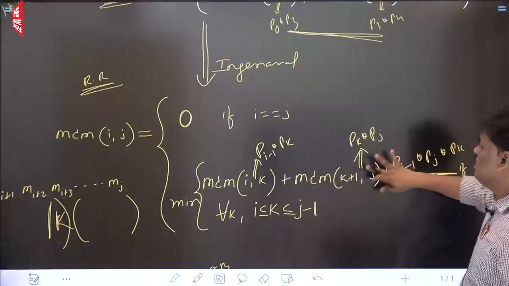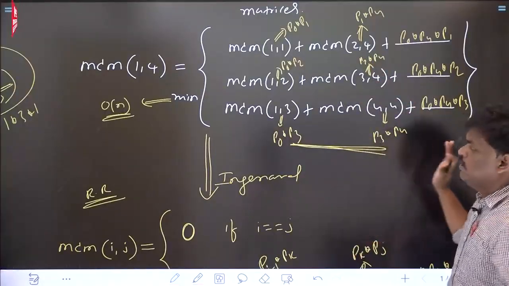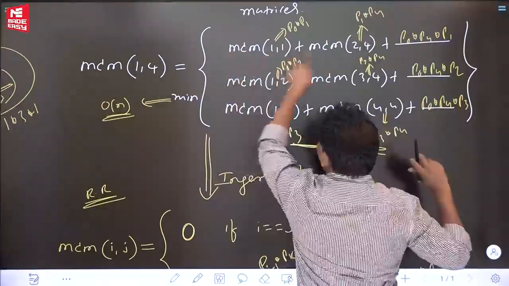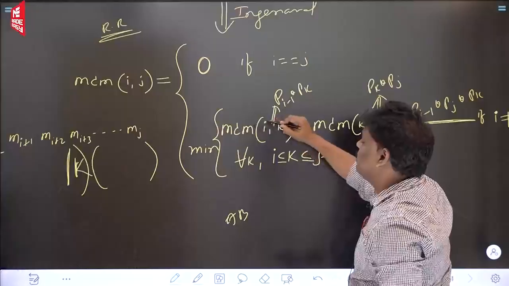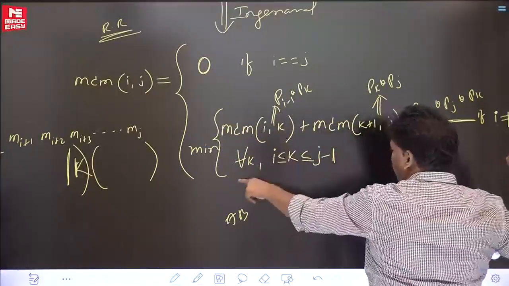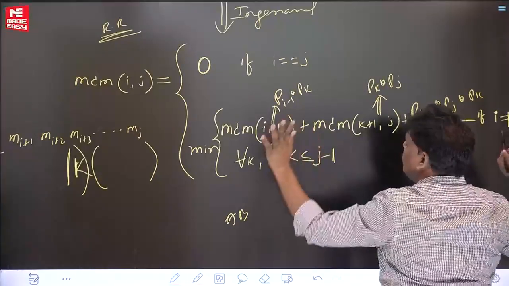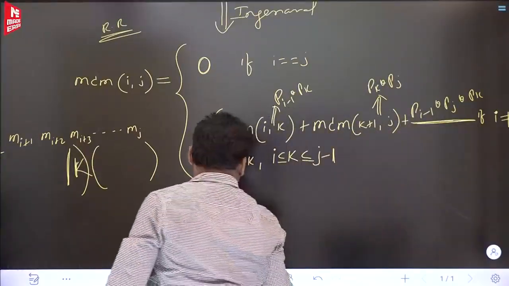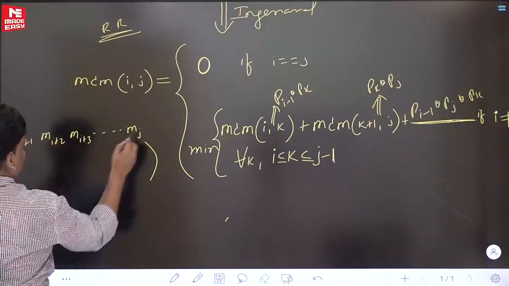Same thing. So if anyone has a small confusion, compare this. This is equal to this one. Here with 4 matrices, I wrote every step one by one, but because there are many possibilities, I wrote it all in some notation: for all k, where k ranges from i to j minus 1, because of dynamic programming, every possibility is covered. Right, fine. This is the recurrence relation for our problem.